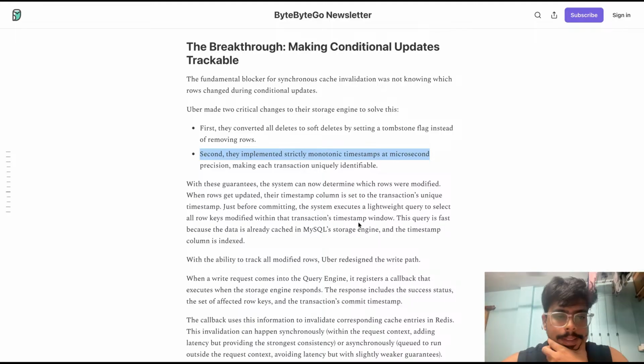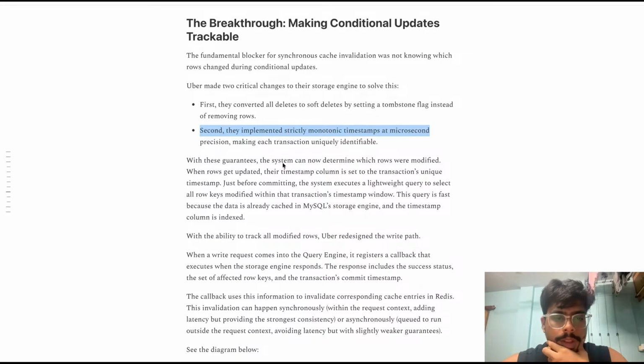Let's just read the full one. With this, the system can now determine which rows were modified. When rows get updated, their timestamp column is set to the transaction's unique timestamp. Just before committing, the system executes a lightweight query to select all rows modified within the transaction timestamp window. This query is fast because the data is already cached in the MySQL storage engine as an index. The ability to track all modified rows